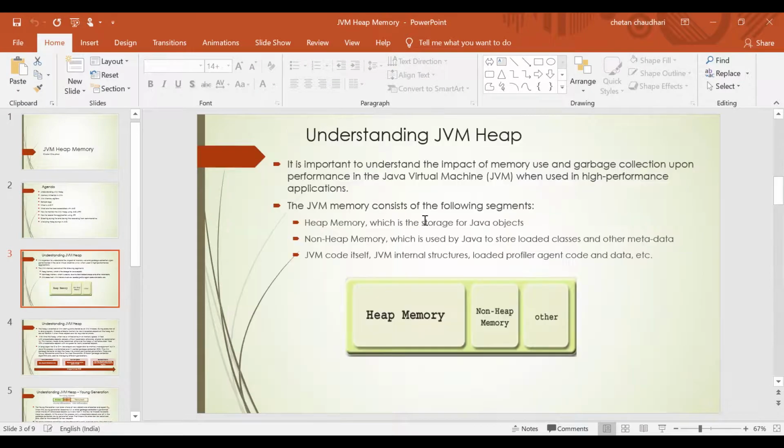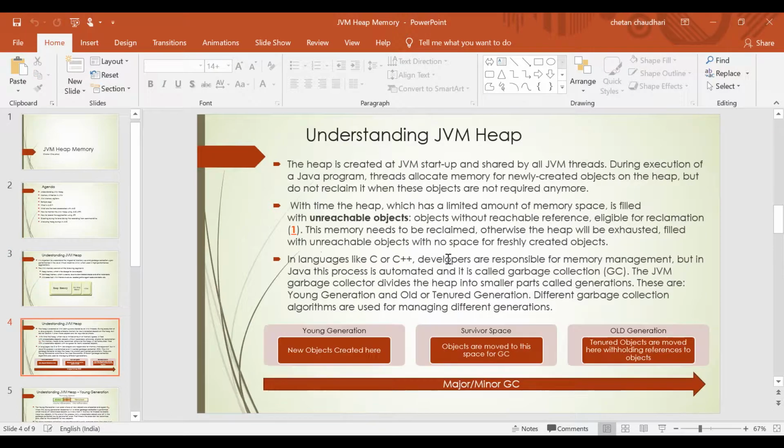We understood how the JVM memory is divided into the heap area, non-heap area, and other memory areas. Then we understood that heap memory is allocated as soon as the JVM is started. Whatever heap memory size you have defined using the Java options, the JVM will use the same size to reserve it on the physical disk. Otherwise, it will use the default size.